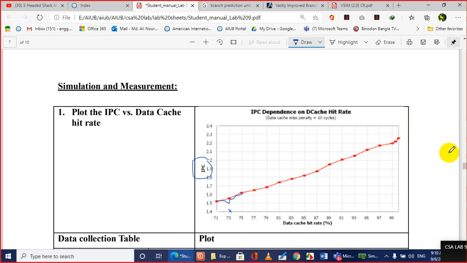As you see from this plot over here, CPU performance is increasing in most of the cases. This is the trend that all the CPU designers are taking nowadays. They are trying their best to give you larger cache size to increase the data cache hit rate, so that you get better CPU performance. So you are going to prove this fact through simulation.